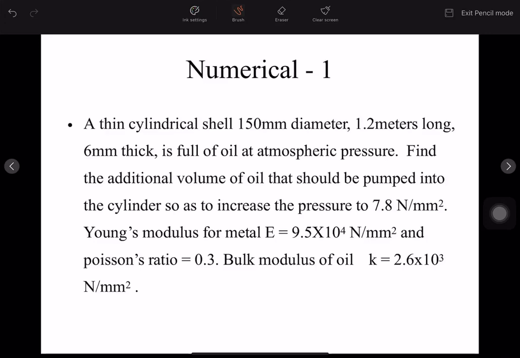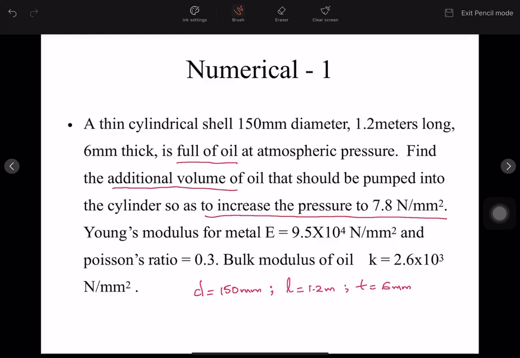A thin cylindrical shell of diameter 150 mm and length 1.2 meter and thickness 6 mm is full of oil at atmospheric pressure. Find the additional volume of oil that should be pumped into the cylinder so as to increase the pressure to